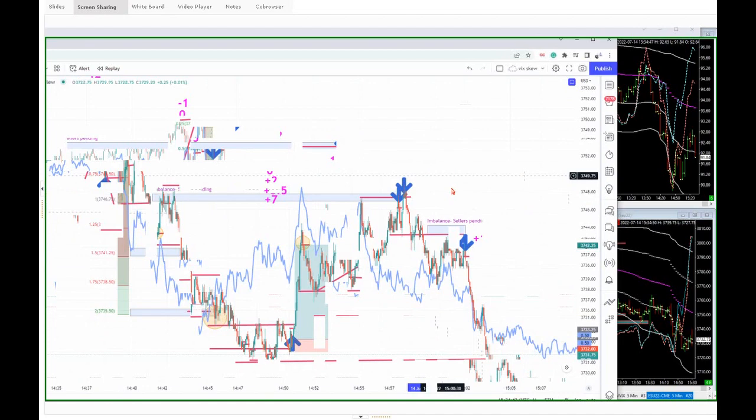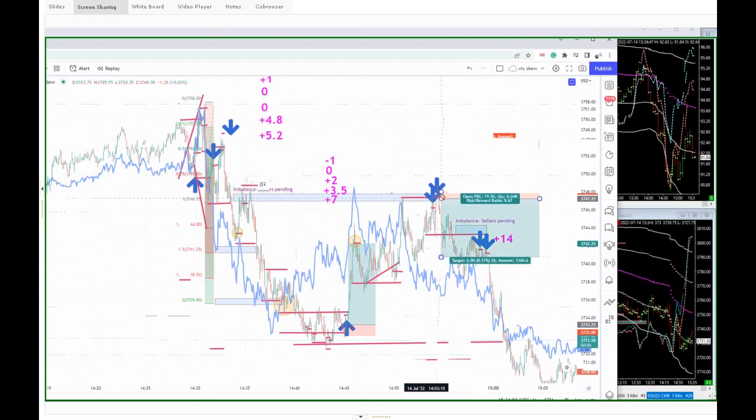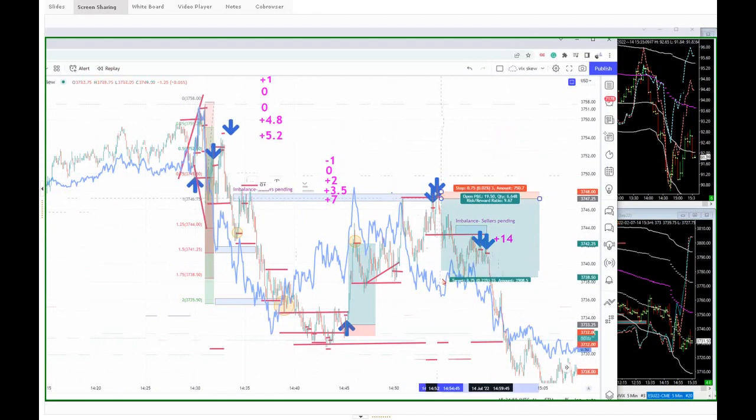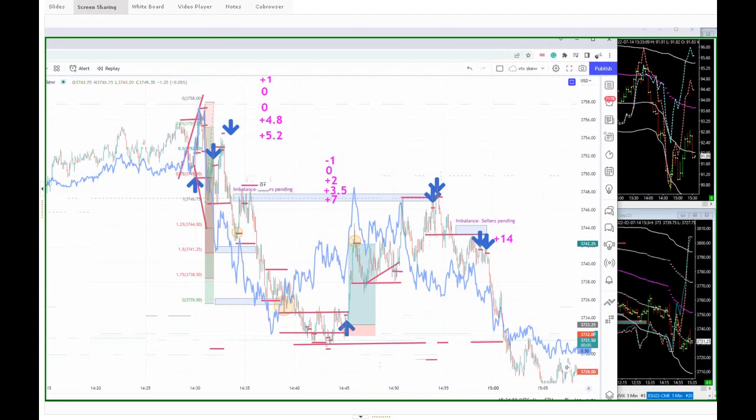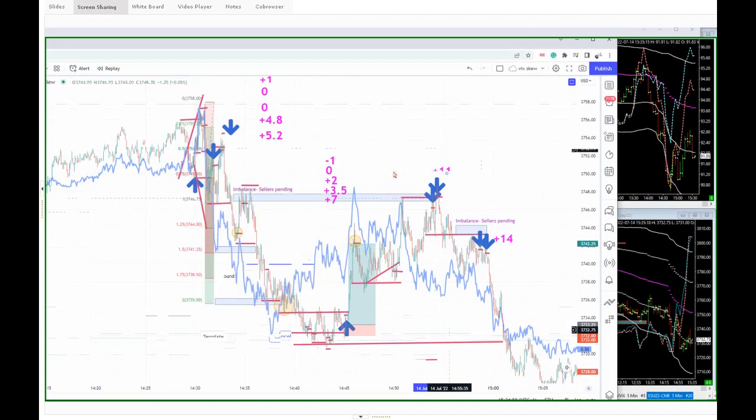That doesn't include this sell here. We'll just take a rough idea of where it went from and to, guys, so we'll get an idea. So that was 11 times your money as well. This is obviously assuming that you're trading as a percentage of account, and we're taking off all the decimals, so we're not rounding up, we're rounding down on each of these trades. So there's an 11 times your money trade there.